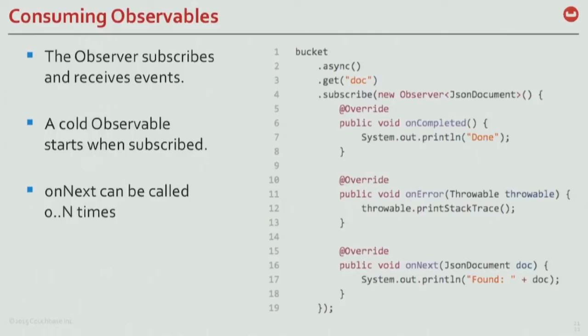Now what's interesting to note here is that if you only write bucket.async.get, nothing happens. It's not fetching any documents. You're just describing something that will be executed sometime. It will actually be executed once you call the subscribe method. So you can write asynchronous composable code just like this, just by chaining functions, and it won't be executed. That's extremely important when you do distributed systems or async systems. So the get will actually occur once you've subscribed to that method, and subscribe implements three methods.